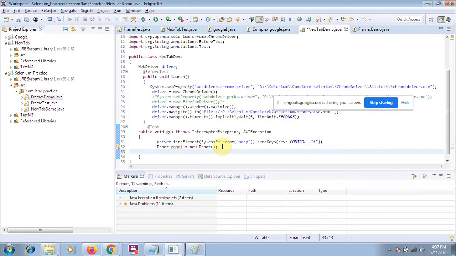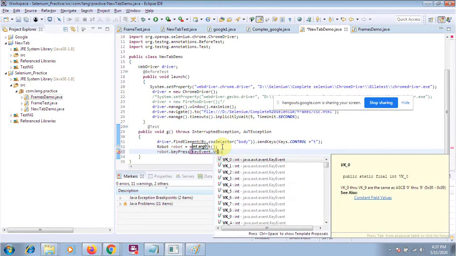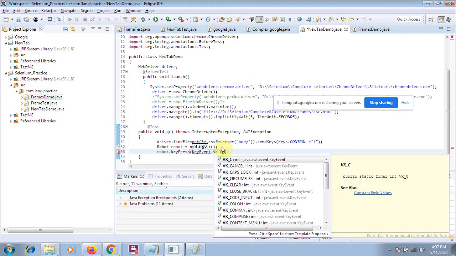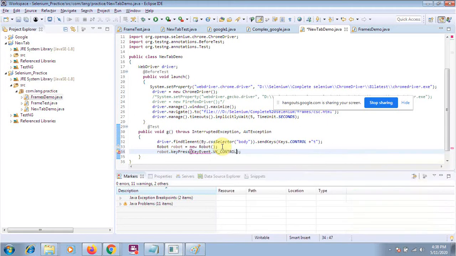After that, we will release the Control and release the T. So I will say robot.keyPress, and inside keyPress we will write KeyEvent.VK_CONTROL. There should be a Control message. This one, Control, we will use.